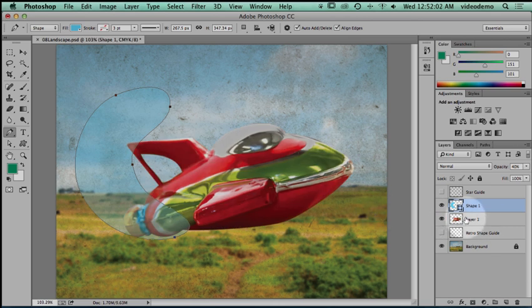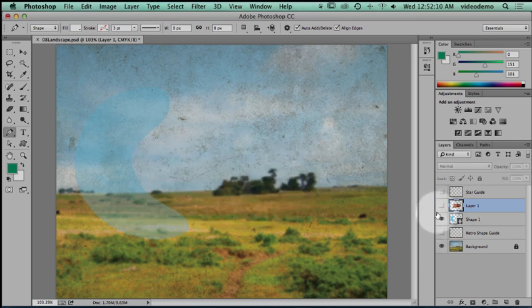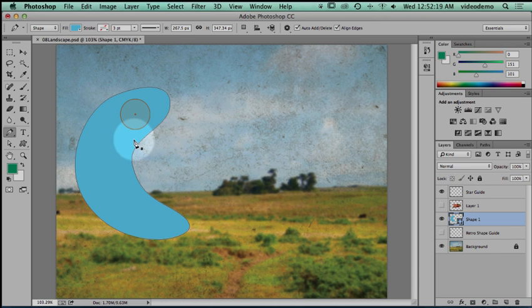Now the ship is actually sitting behind that shape, so I'm going to raise the ship up, and now it looks right. It doesn't look quite right yet because actually there's something else that needs to go on here. Let's go turn on the star guide layer. And in fact, just to really show you this, sorry,